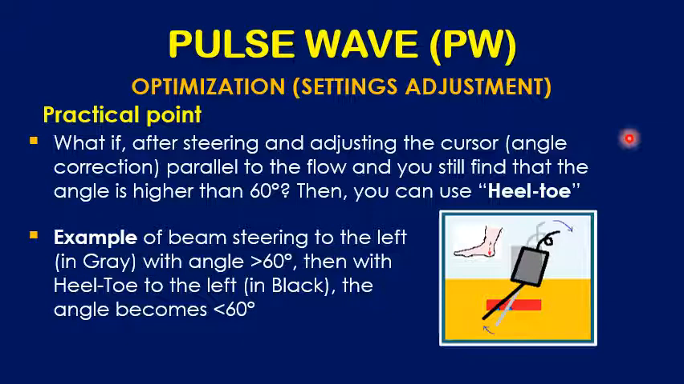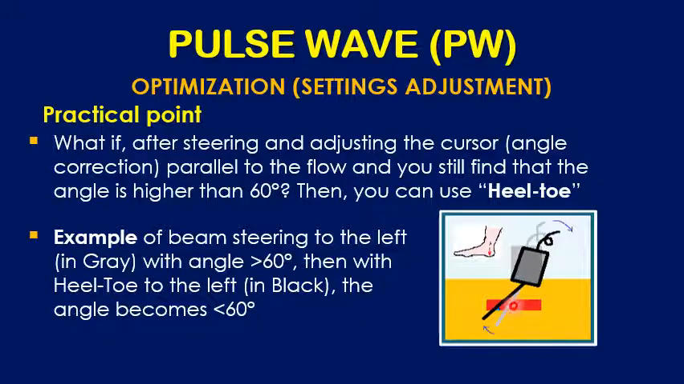On the other hand, you can use this heel toe maneuver to make the cursor line or the angle correction arm parallel to the vessel while still keeping the angle 60. And here in this illustration, I put here the probe in two positions. The first position, which is the gray one, and this here shows you the angle is more than 60, for